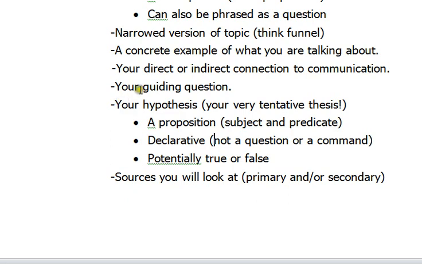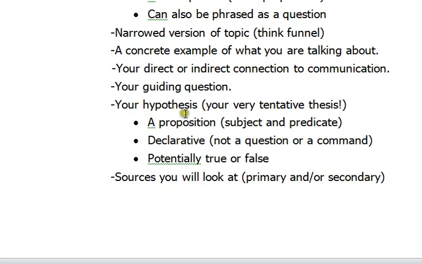Now, again, when you provide your guiding question, try to come up with an answer for it. Now, you know what? At this point, you're going to be guessing. But make an educated guess. You've already done some reading and some thinking about this. So what possibly could be an answer to this? It might be one answer of a couple, but if you can think of 3 or 4 possible answers, which one do you think is the most probable? And go ahead and put that down.